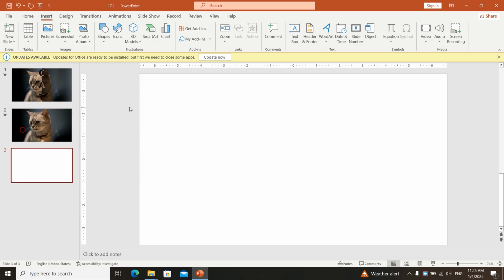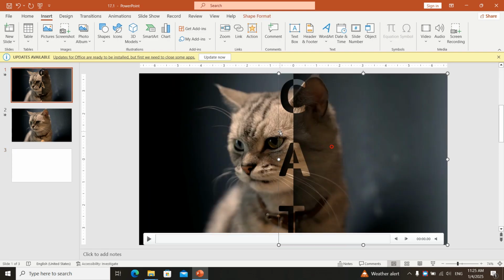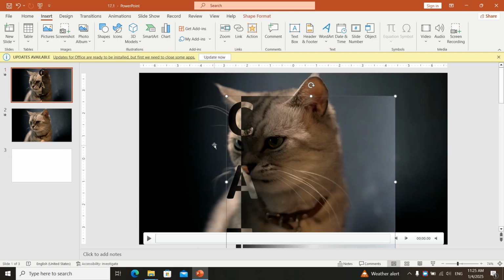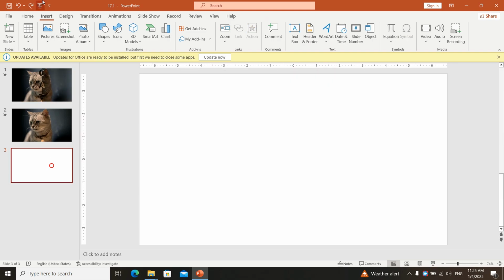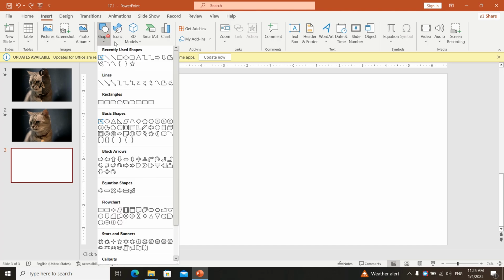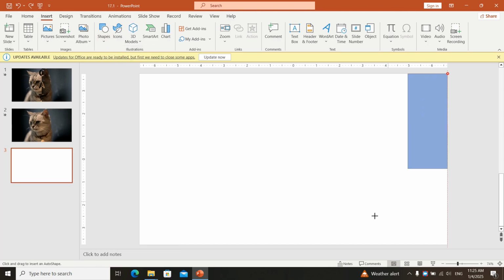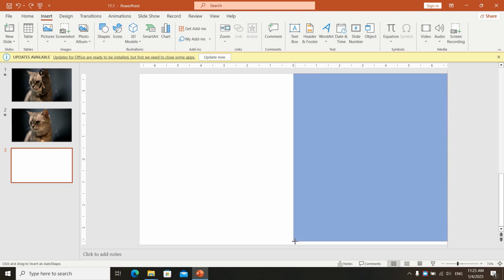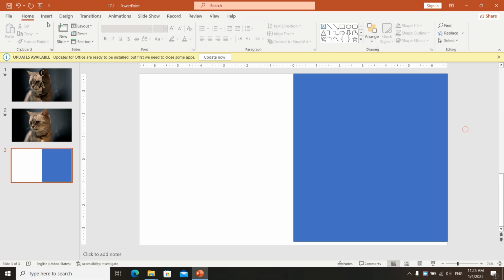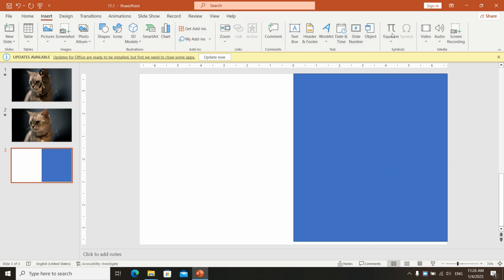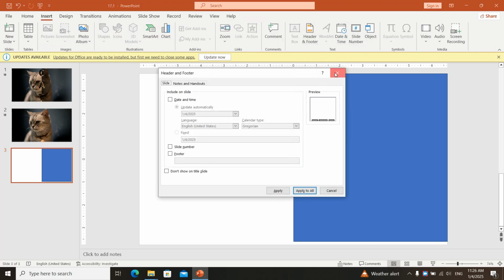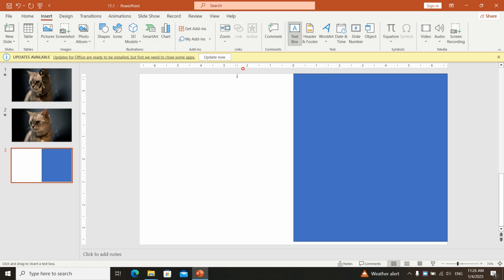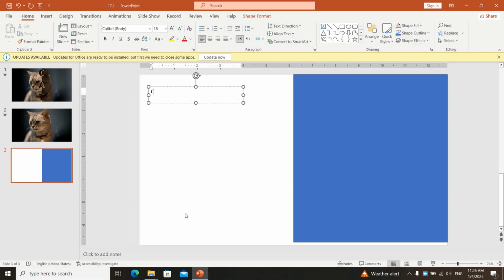After that, we create a new slide. We have to create this effect here. How we can create this? Okay, let's go and try to create this. We at first create a shape, rectangle to the mid, and then we need to insert a text box. After creating this text box, we write C-A-T,